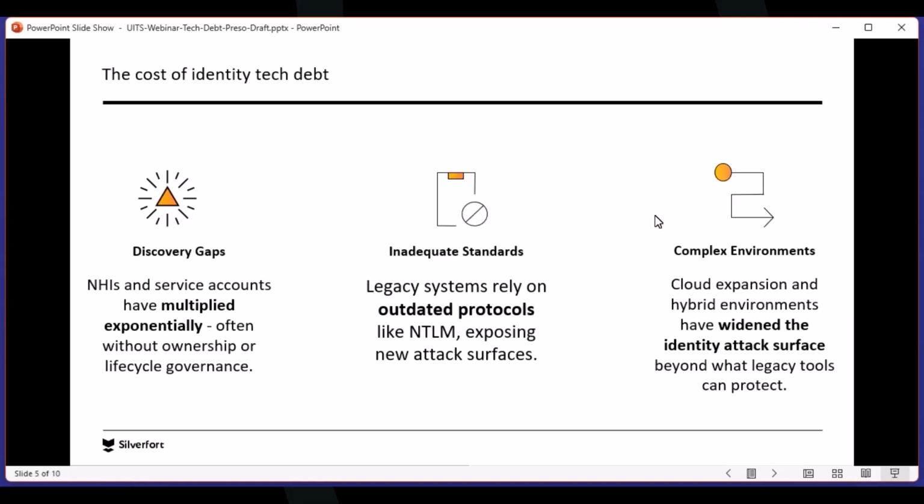So, standards related, like outdated protocols, NTLM. We'll talk a little bit about how we're able to solve some of these things with Silverfort. But just being able to see what things are using NTLM, discover that, and then find out if they're capable of using Kerberos instead. And if they are stuck with NTLM, make sure it's V2, not V1. And if it is V1, then you're going to need to create some compensating controls to ensure that you can contain those things, right? We'll talk a little bit about how we'll be able to do that with Silverfort in some of the upcoming slides.